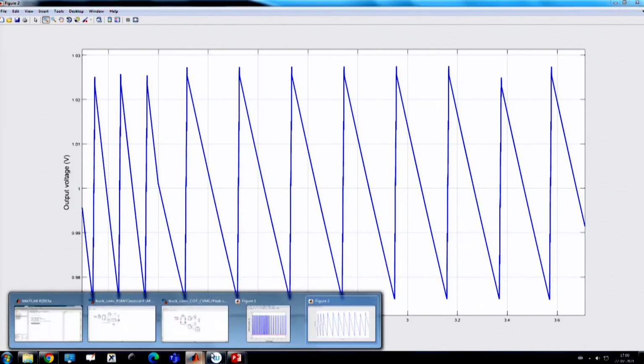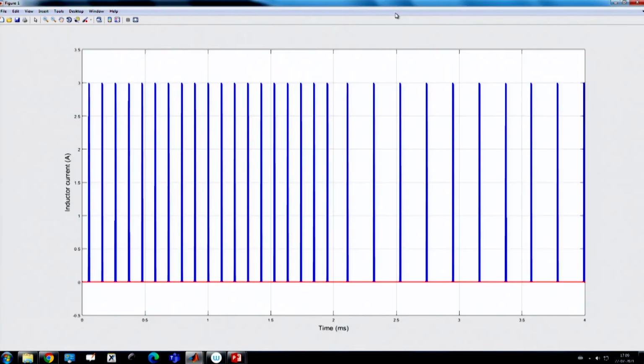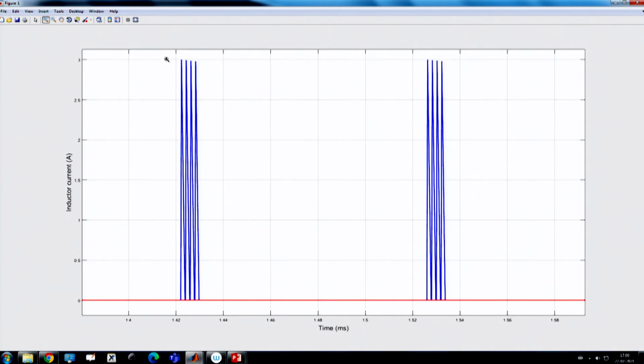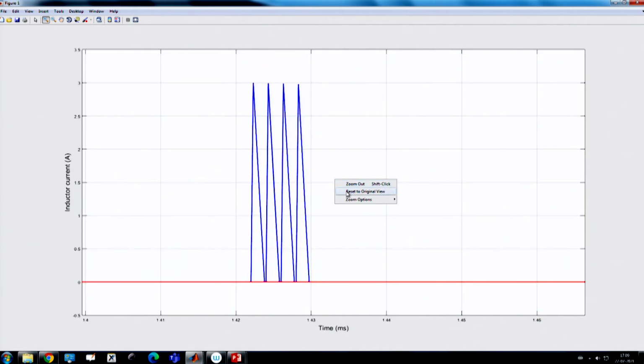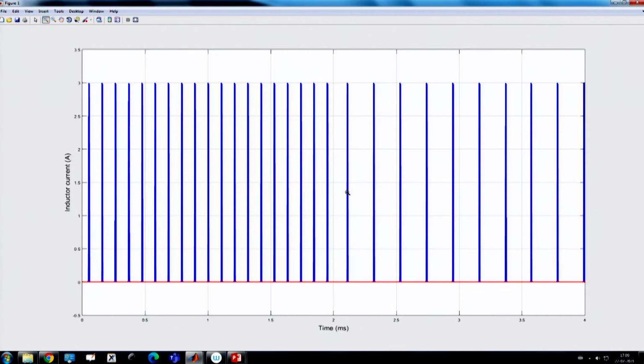If you go to the inductor current waveform and zoom into one particular part, you will see multiple burst pulses come when the output voltage hits the lower limit, and these multiple burst pulses raise the output voltage. When it hits the upper limit, it will start falling again, and that time the cycle will be skipped.